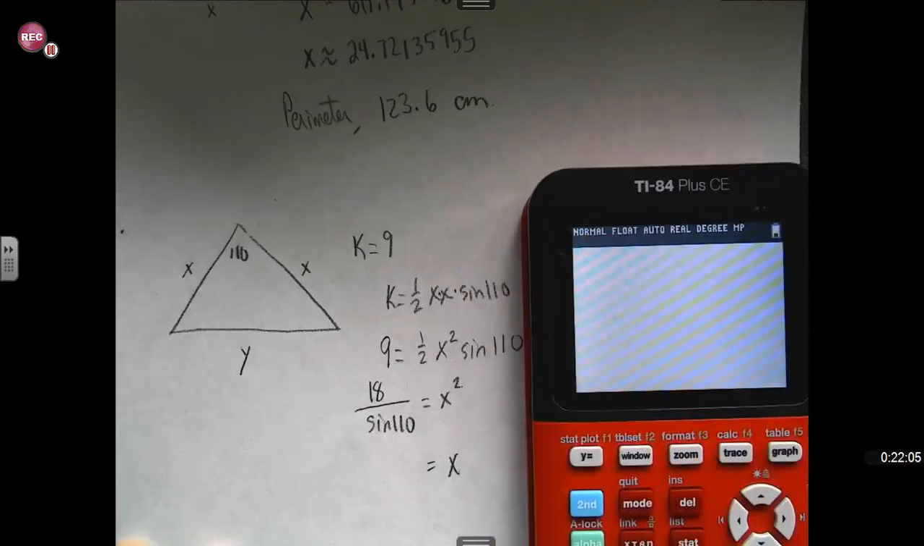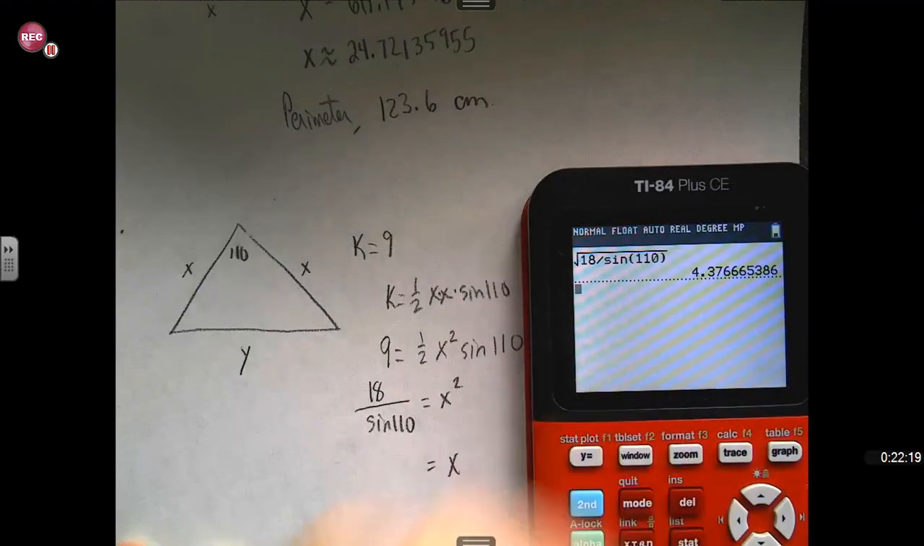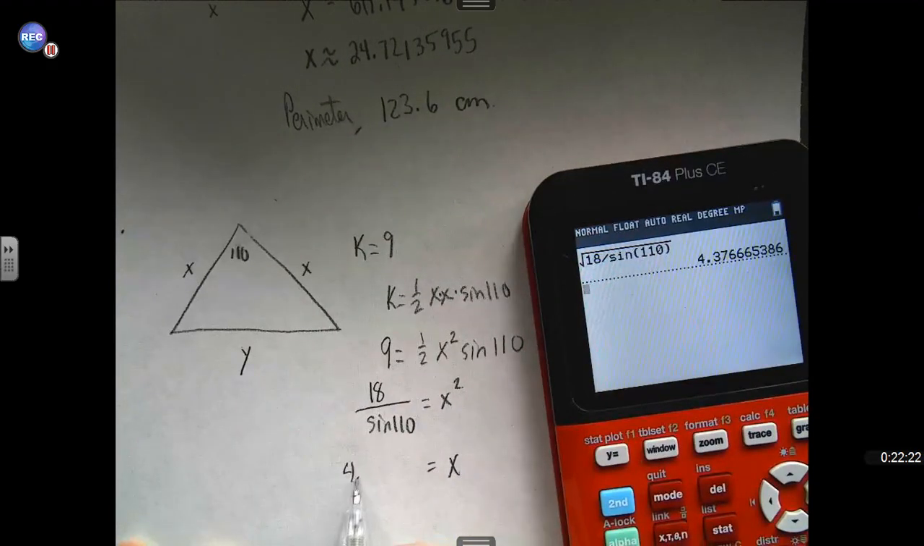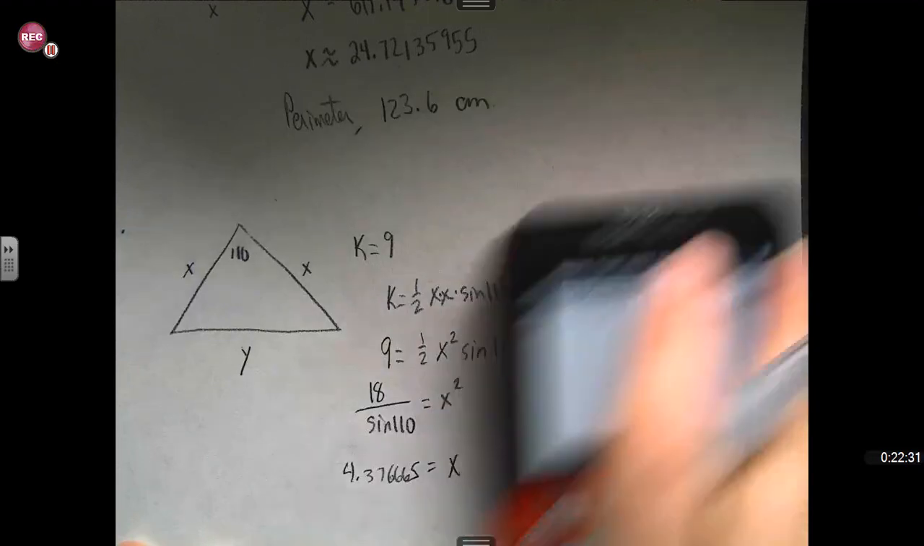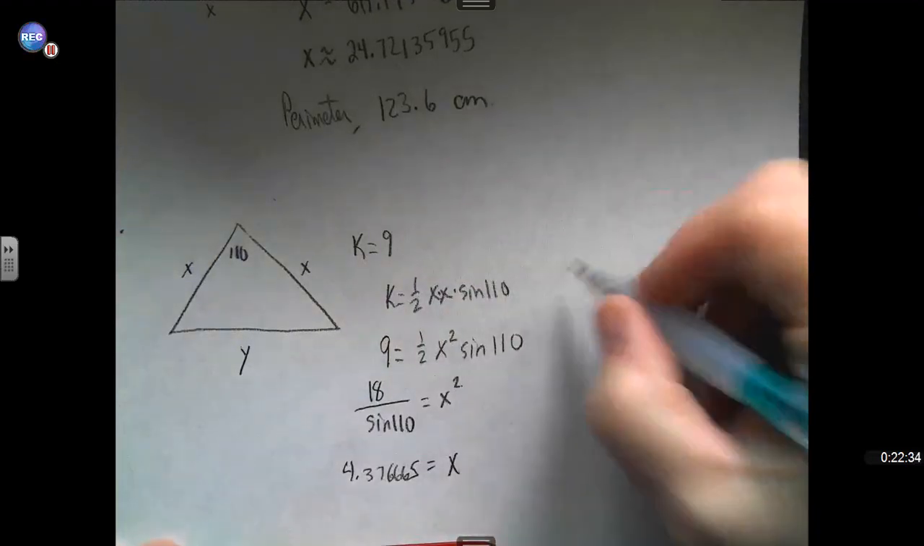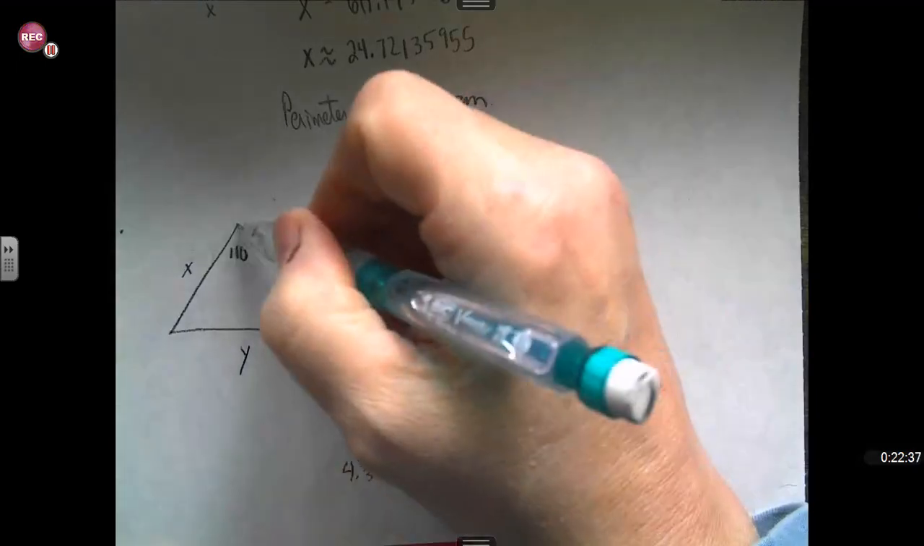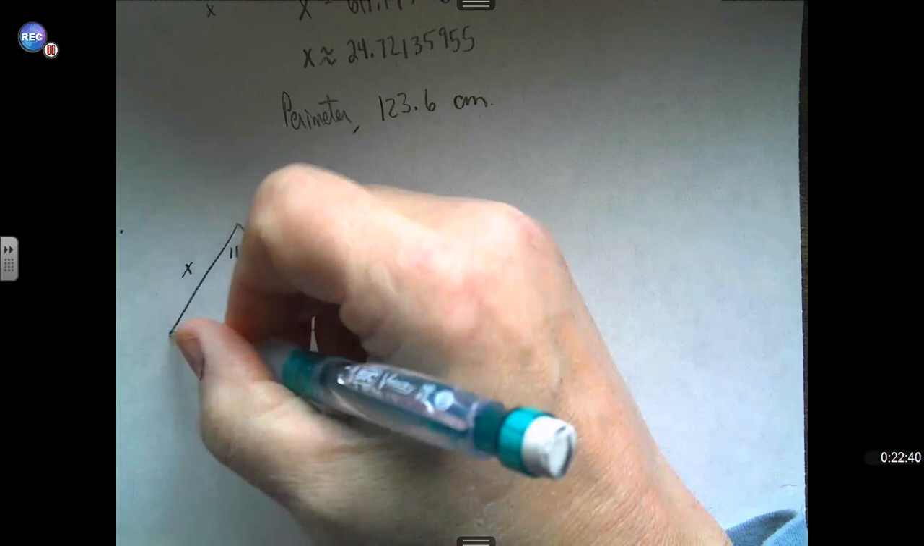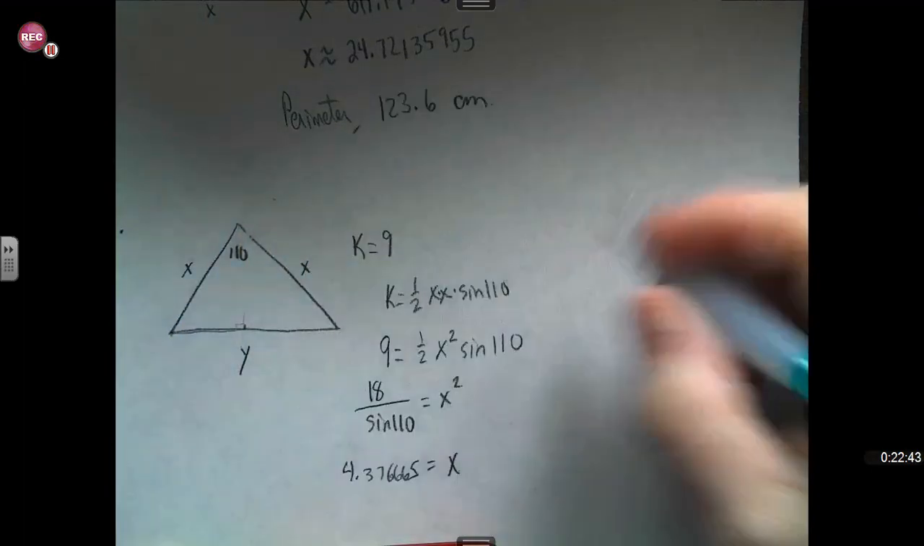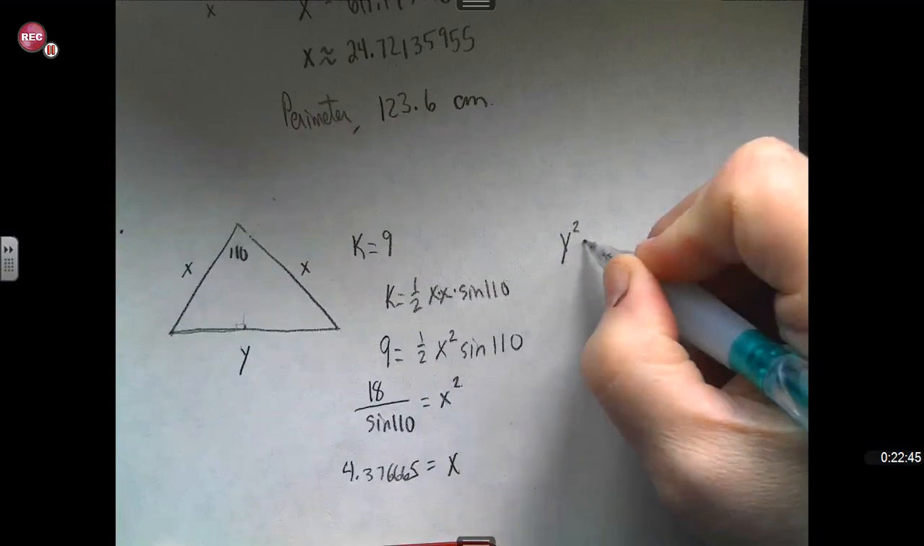I'm going to take 18. First, I'm going to take the square root of 18 divided by the sine of 110. And I'm going to get 4.376665. Okay, so there's x. And then to find y, I would use the law of cosines. Again, you could also draw in that altitude and use right triangle trigonometry and find half of this first. That's fine too. Y squared equals